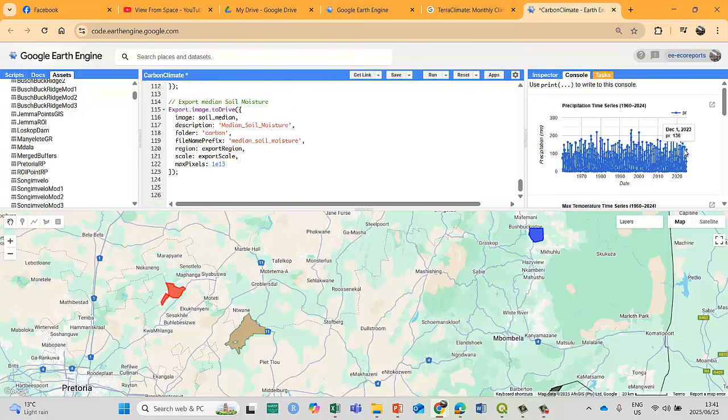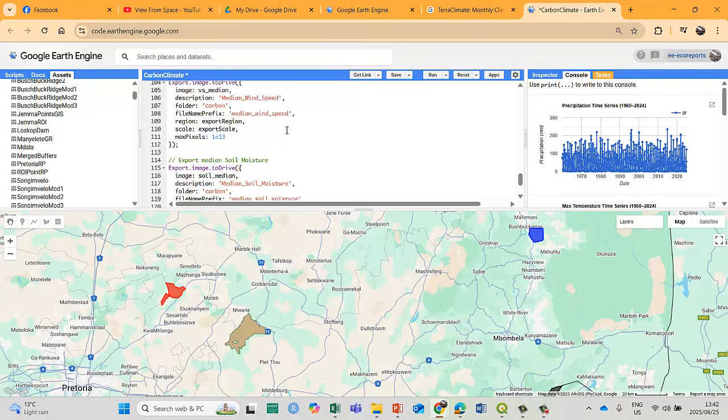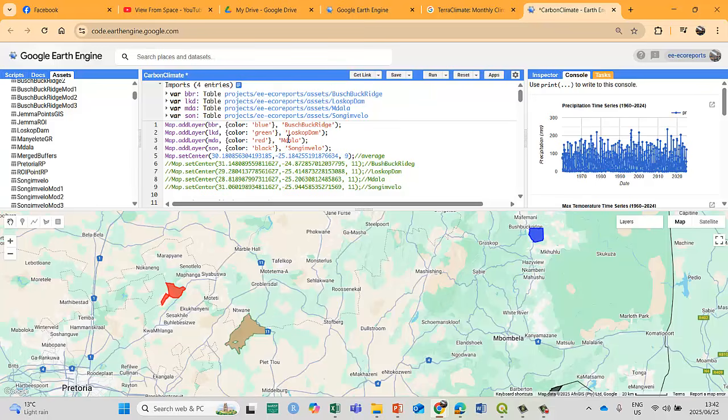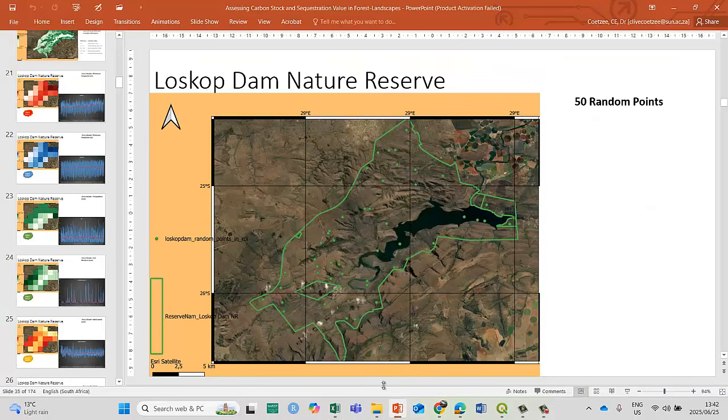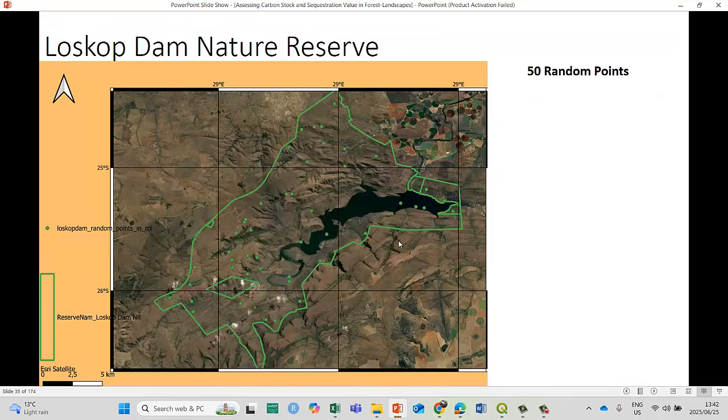I've got the time series for each area, which, as I said, is representative, and the homogeneity of each image. So I could now obviously take this and do lots of other statistical work on it, time series statistical work, to figure out, for example, what's the trend? Has there been changes? What is the speed of change? Is it just seasonal? Is it trend? Whatever the case might be. Okay, so that's it for the climate of these 4 reserves.